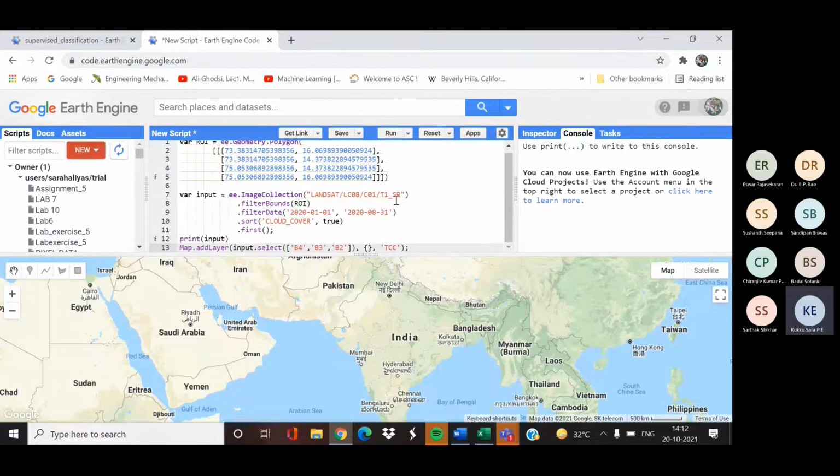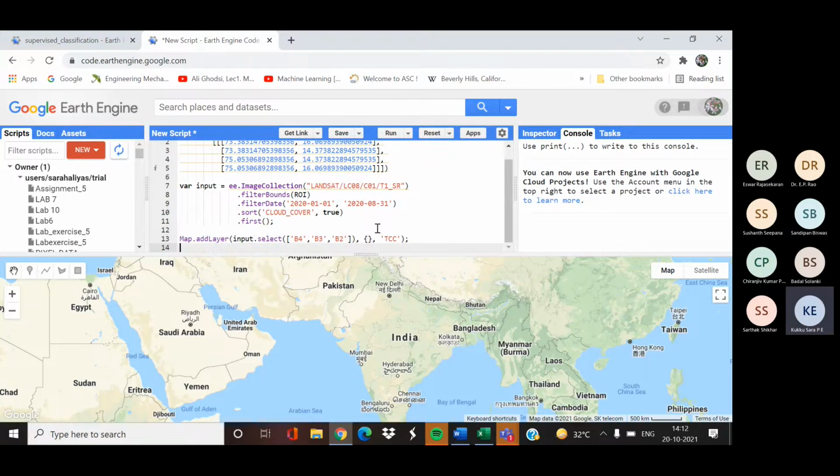A Landsat surface reflectance image is imported, for the date between January 2020 and August 31st, and we have imported the first image. Add the layer, the TCC of the image, by taking bands 4, 3, 2.